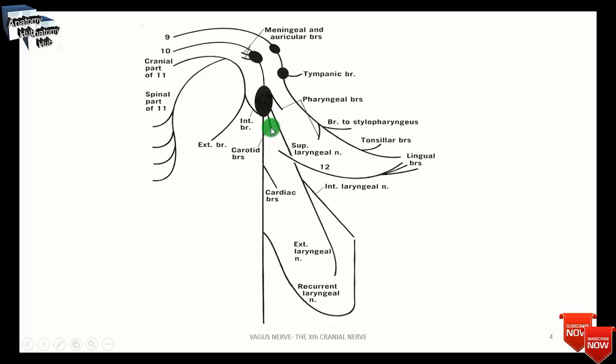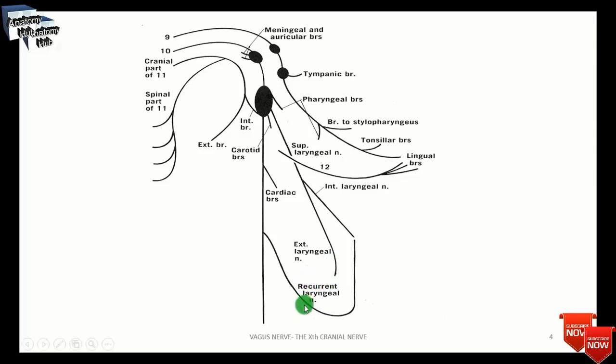Like that you will find the cardiac branch. Here you will find the cardiac branches that arise in the neck and thorax and are often considered in superior, middle and inferior groups. They end in the cardiac plexus. The recurrent laryngeal nerve that you can see here supplies the mucosa of the larynx inferior to the vocal folds and all the intrinsic muscles of the larynx except the cricothyroid, because the cricothyroid is supplied by the external laryngeal branch.